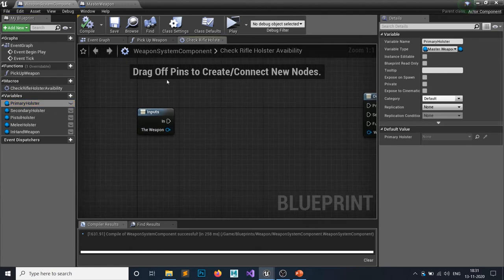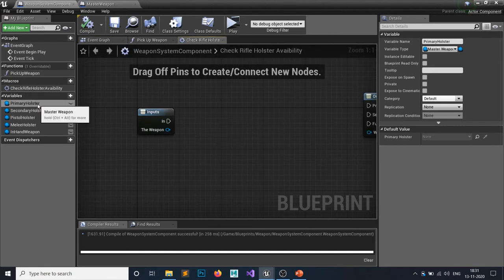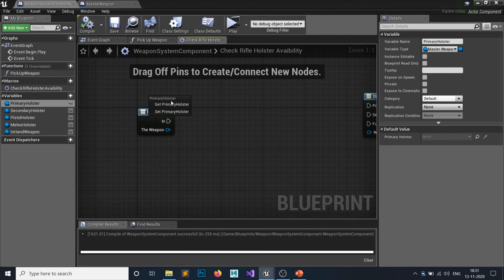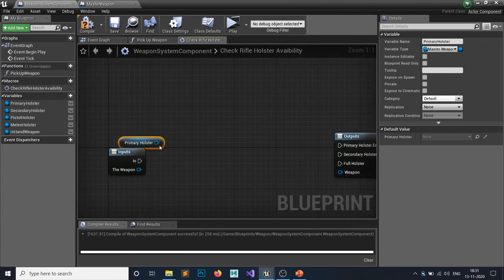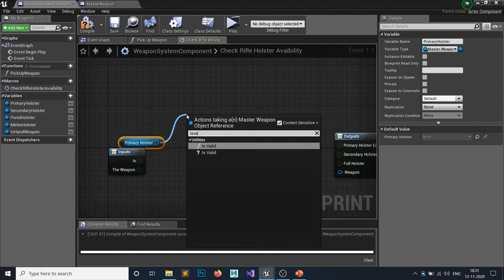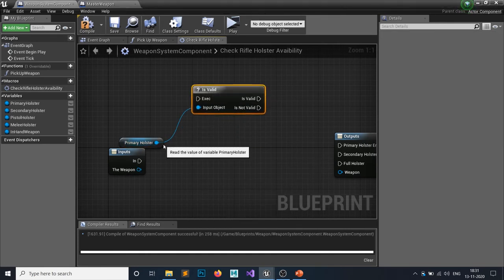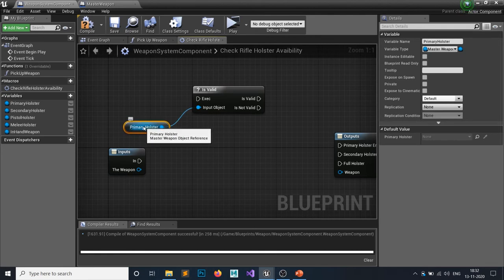So based on that we can do this. You can call this primary, and if you drag a node and search for is valid, execute this one, you can see there is an is valid node which checks if this primary holster has any value inside or it is null. If it's null, then it will say not valid.